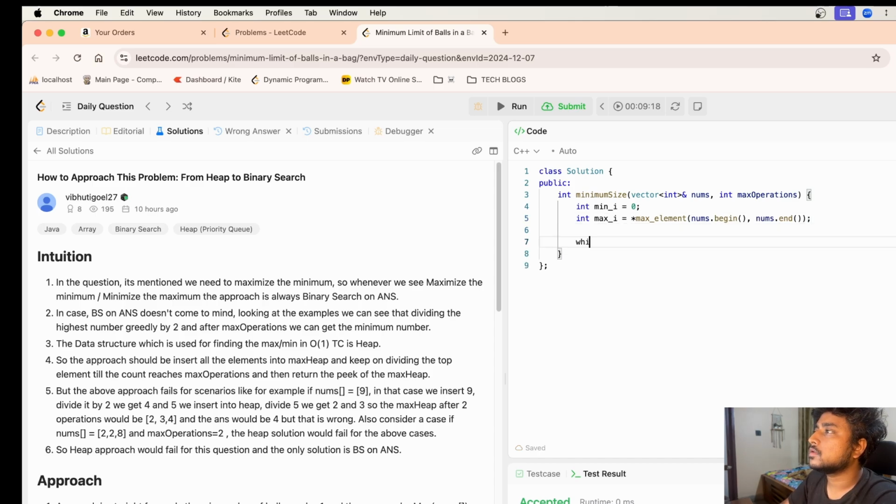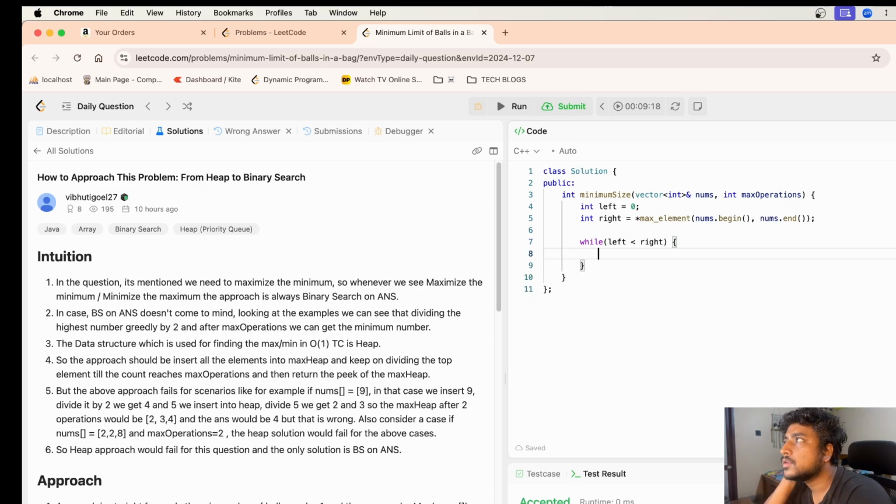Start, and this can be the left and this can be our right. So while left is less than right, int mid is equal to (left plus right) divided by 2.